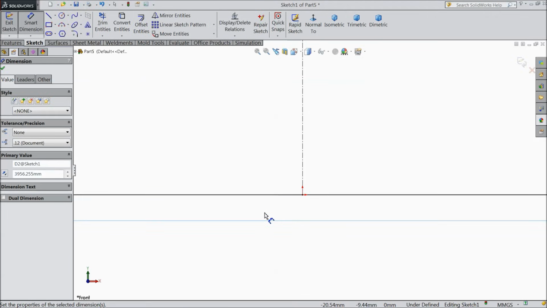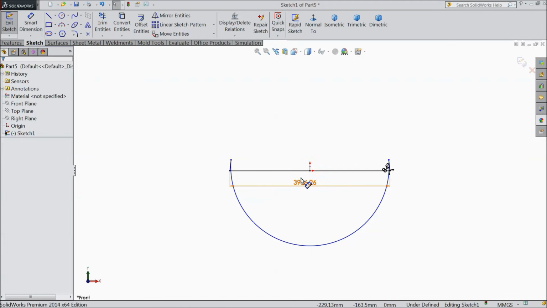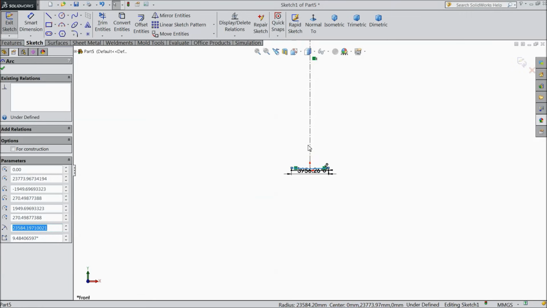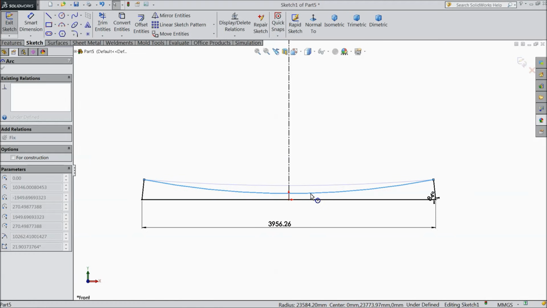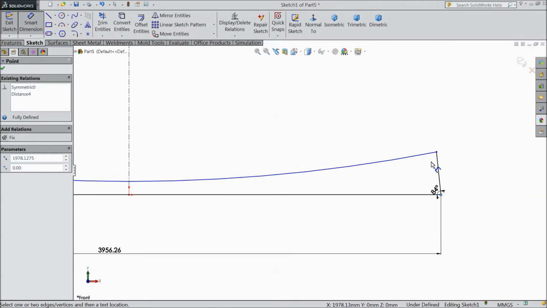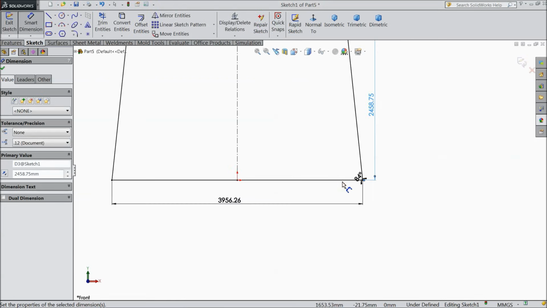3956.255 mm. Okay. Again choose and define this point to this point length, 2458.75 mm.